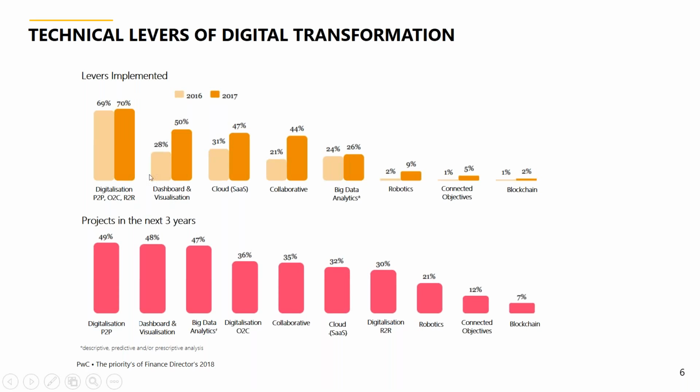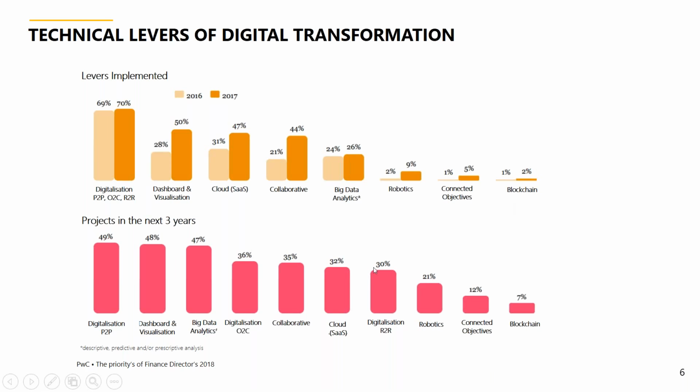A lot of organizations still don't have a lot of reporting or visualization, analytics in place. More and more organizations are looking to move to the cloud and have some sort of SaaS-based offering and capability put in place. But if we go down the other end here and we look at things like robotics, well, most organizations are really doing the square root of not a lot around things like robotics, or blockchain, which had a huge amount of hype last year in the press, is not really being used very much at all. And we'll touch on some of this later on as well.